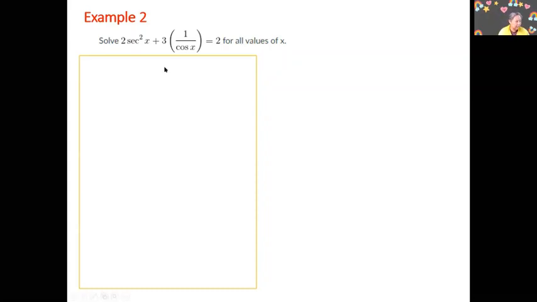Okay, now notice the quadratic term in the beginning of the equation is secant, and the midterm is 1 over cosine. They look different, but we already know they are the same because 1 over cosine itself is secant. Now, this is not tricky. This is actually secant of x, right? So then it's simple. And since we know that, we can rewrite this equation down here, 2 secant square x plus, instead of 1 over cosine x, I can write 3